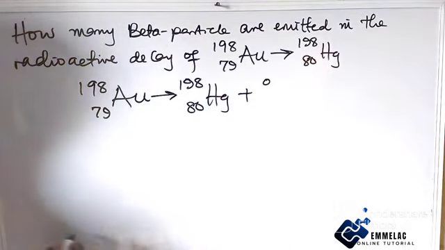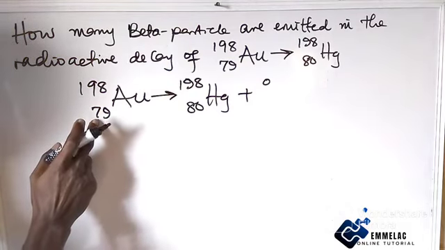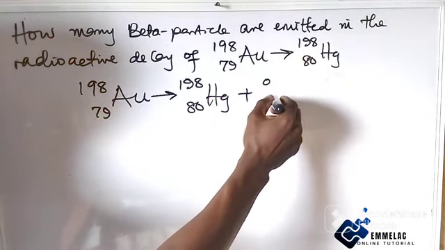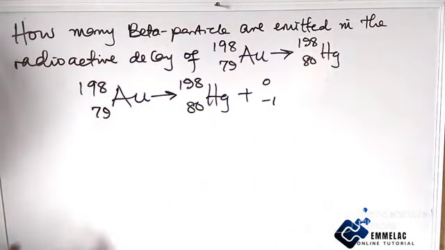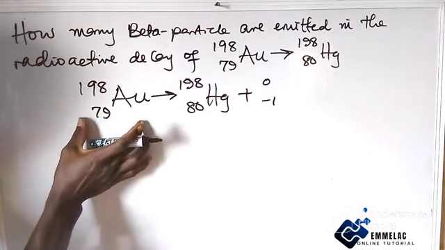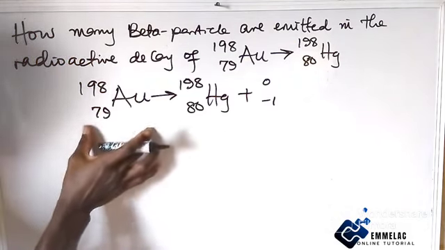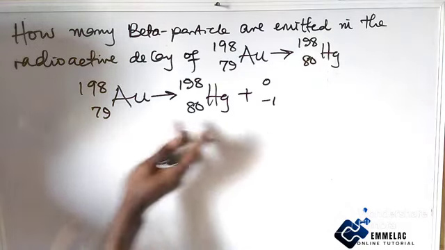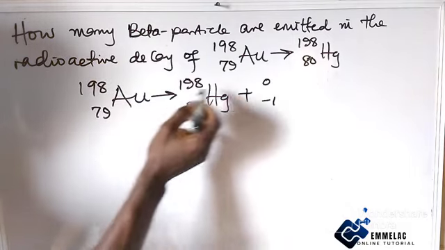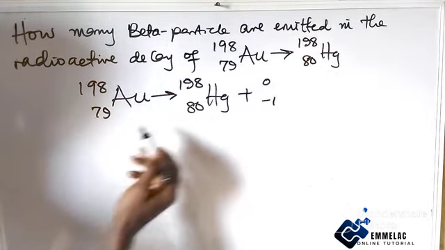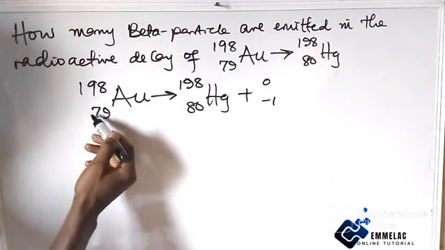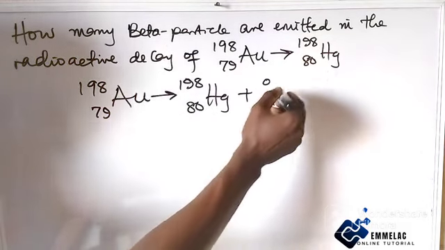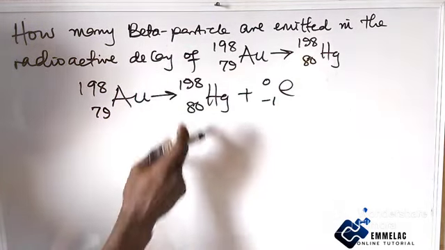0. Okay, now here 79 minus 80 will give us what? Minus 1. So which means whatever is the total value at the left hand side must be equal to the total value at the right hand side, which means the total mass number here must be equal to the total mass number produced here, and the total atomic number here must be the same thing here. All right, and as such now we are given as this, so which means